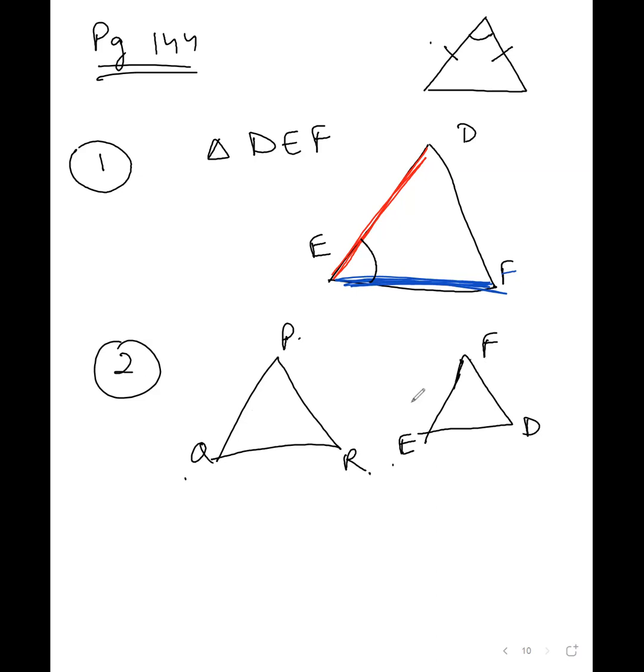So they are both congruent. They are saying that they are both congruent. It is given that PQ is equal to FE, so this is equal to this. RP is equal to DF. RP is this one, DF is this one. So they are both equal. So according to SAS congruence criteria or congruence rule, you can even say rule, you don't have to say criteria every time. Okay. So according to this rule,